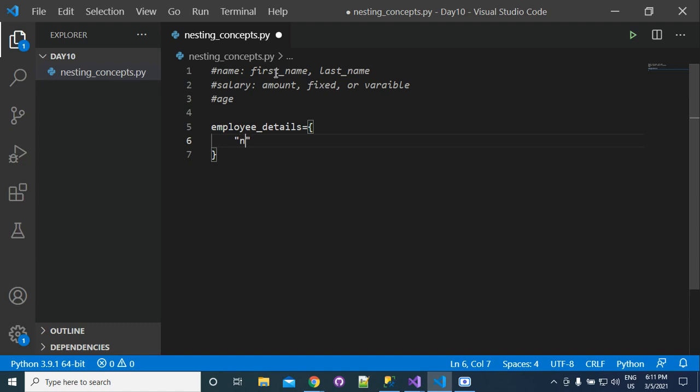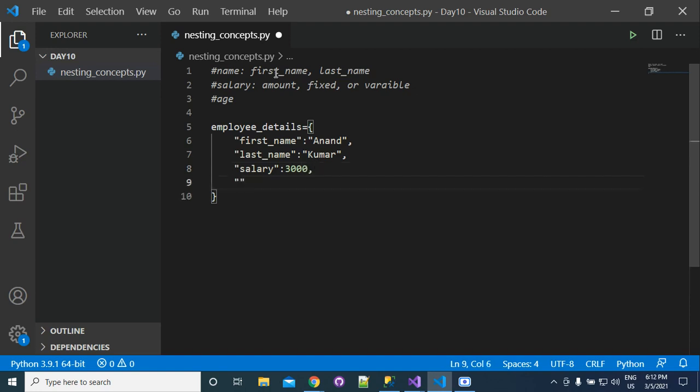Suppose that if we use, there are two ways. Either you can use first name, and then you will write here, suppose, Anand, and then last name, Kumar, and then you can write salary, you can write here 300.